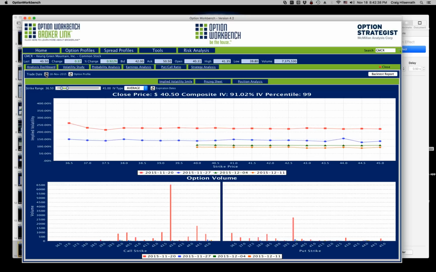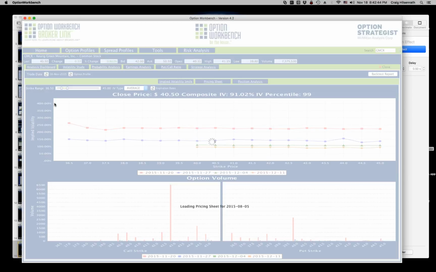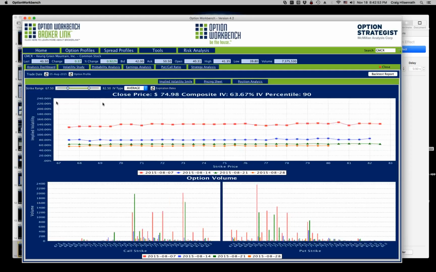And if I want to go back to August 5th, I go up here and pick the trade date and select August 5th. And now it's loading the data for August 5th. And I have that same kind of skew. Okay, so the price today was 40 and a half.